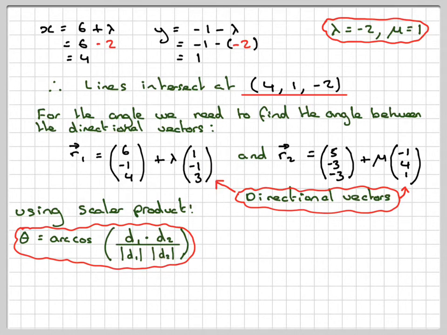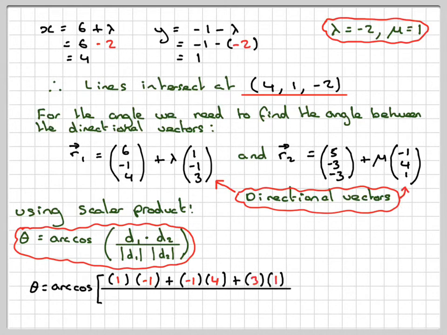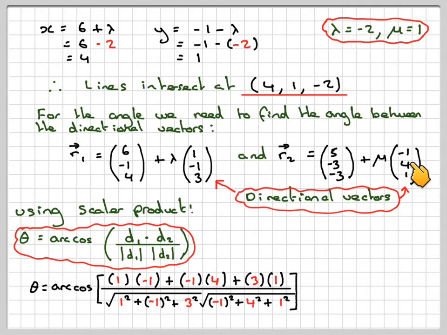We're only going to consider these two here. So that's going to be arccos of 1 times minus 1, plus minus 1 times 4, plus 3 times 1, divided by the magnitude of this one, so it's going to be the square root of 1 squared plus minus 1 squared plus 3 squared, putting brackets around the minus 1, and the square root of minus 1 squared, 4 squared, and 1 squared, again putting brackets around it. So writing that out,